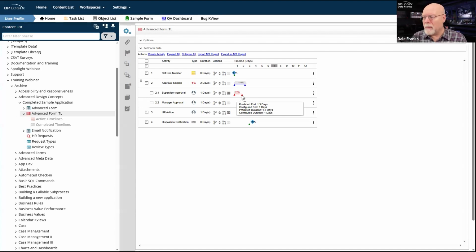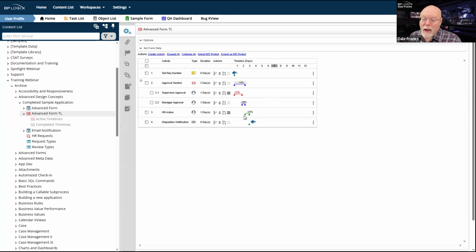And the nice thing about the timeline analysis view is that it allows you to look into these processes and say, okay, this is taking way longer than it should. Why is that true? And you can begin to investigate. It may be that you are going to have to go back and make some changes to this task and its due date and the expected duration of the task that more appropriately matches the real world circumstances under which this task runs.